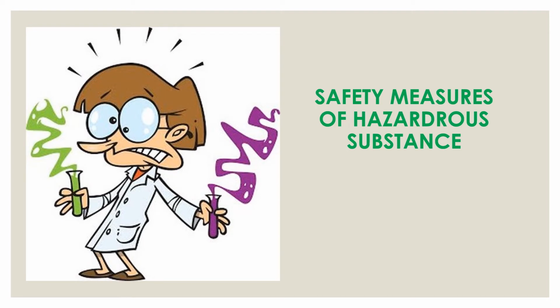Occupational health and safety is very important in any workplace, which is why in this particular part of the video, we are going to be looking at some of the safety measures for hazardous substances. Let's have a look at how we are going to handle different hazardous symbols in the lab or in any workplace, and some examples of these hazardous substances.